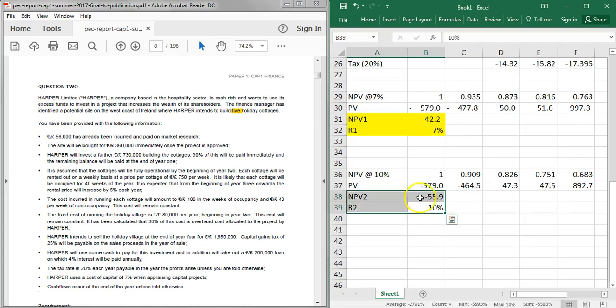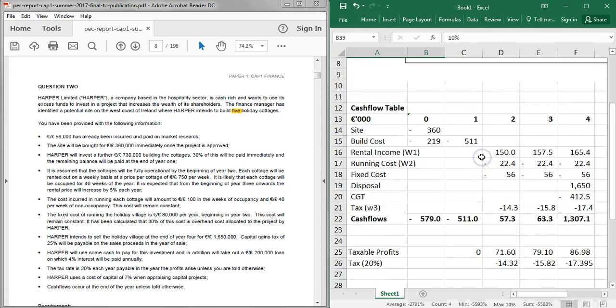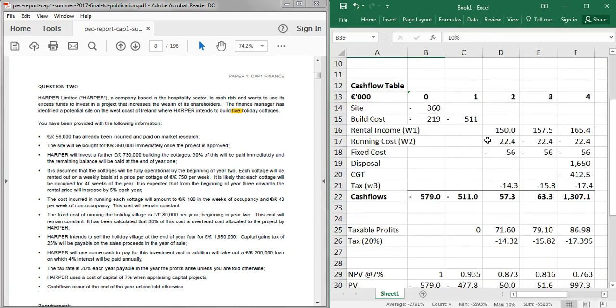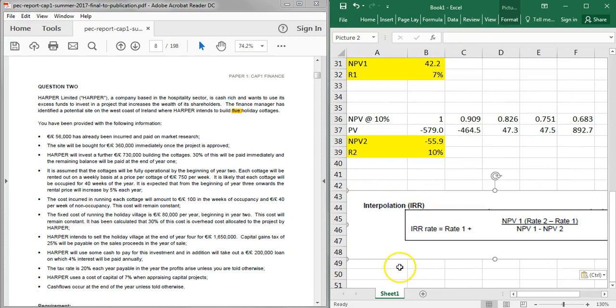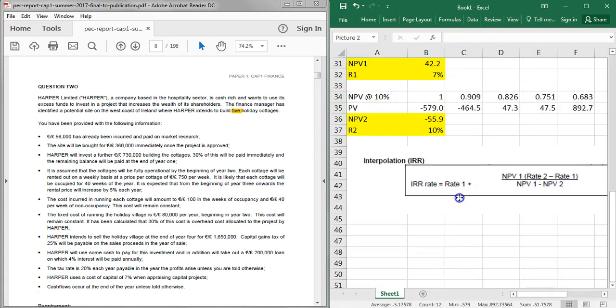So you now actually have what you need for the IRR. So IRR is a bit more involved requirement because you need to do 2 NPVs first. So the examiner is killing 2 birds with 1 stone. Gets you to NPV and IRR. So let's bring down this formula down here. And what we need to get now is we have rate 1, so your IRR, that we're going to calculate, is rate 1, which in this case is 0.07, plus,